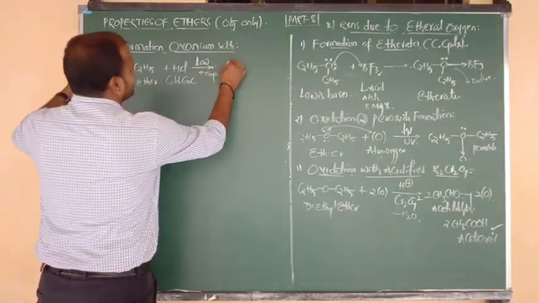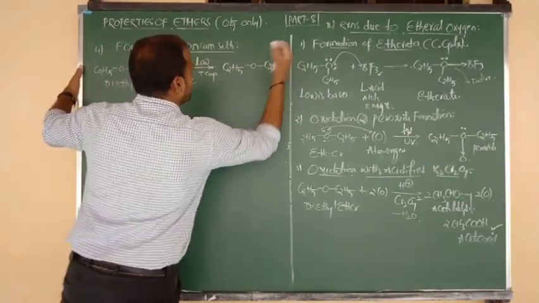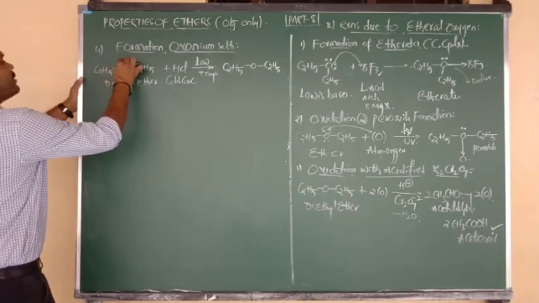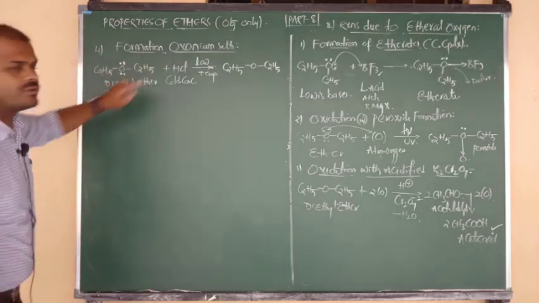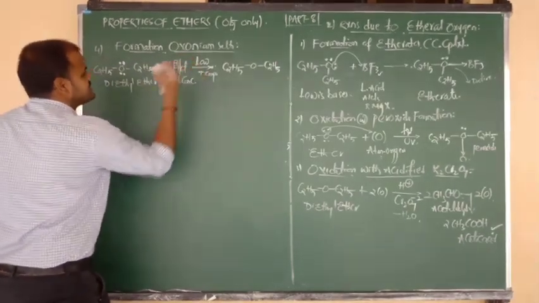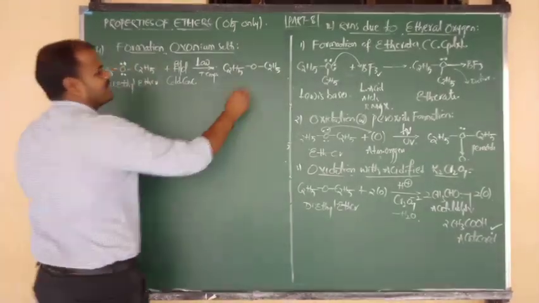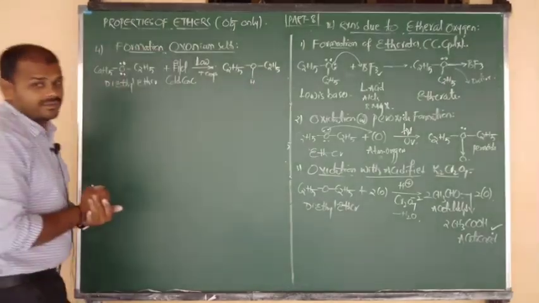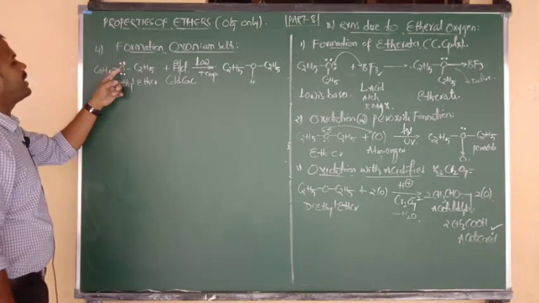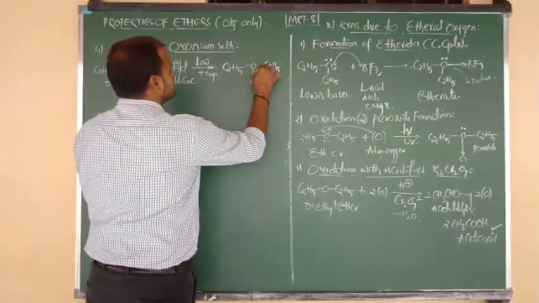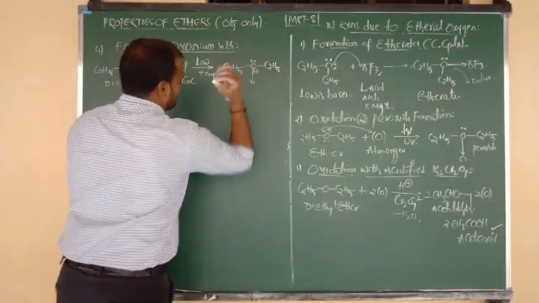Okay, so now what can we write? C2H5 bonded to O, and again here C2H5. But try to imagine clearly. In ether, oxygen contains how many lone pairs? 2 lone pairs. And one of the lone pairs is given to the H plus ion from the HCl. So now H plus attacks upon O by using one of the lone pairs. I am going to write it like this. This is not a coordinate covalent bond, it is just a normal covalent bond formation. By the donation of a lone pair, oxygen definitely contains a positive charge. But it contains another lone pair, so that lone pair remains as it is.